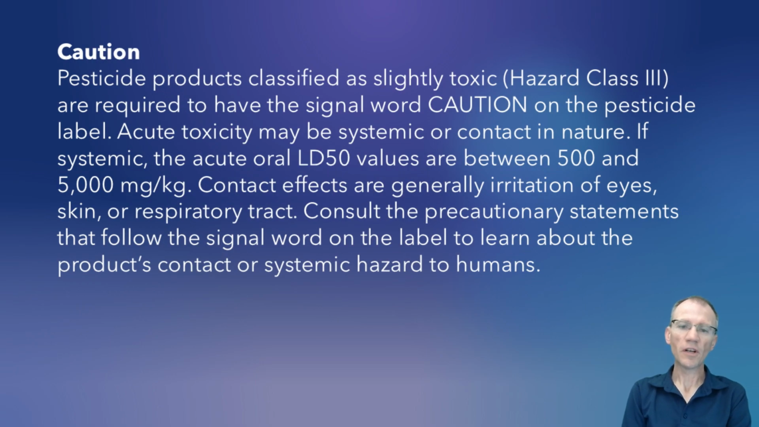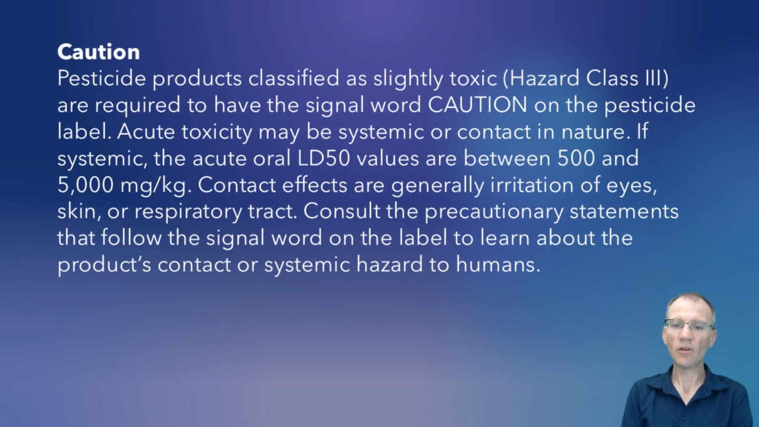Okay, at this point we've reached our lowest level signal word, which is going to be caution. These are pesticide products classified as slightly toxic, hazard class 3, and are required to have the signal word caution on the pesticide label. Acute toxicity may be systemic or contact in nature. If systemic, the acute oral LD50 values are between 500 and 5,000 milligrams/kilograms. Contact effects are generally irritation of eyes, skin, or respiratory tract. Consult the precautionary statements that follow the signal word on the label to learn more about the product's contact or